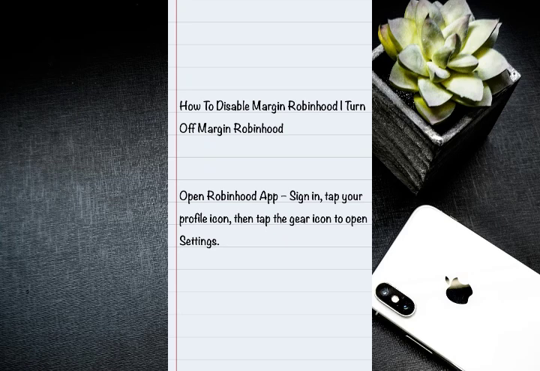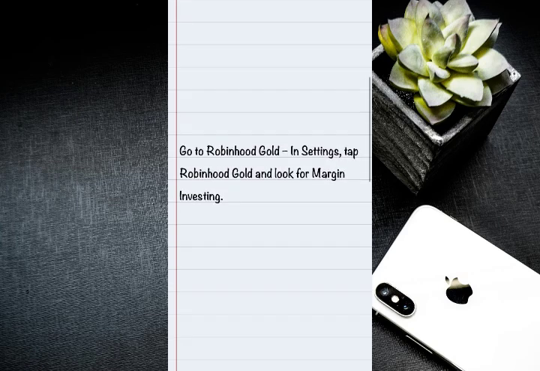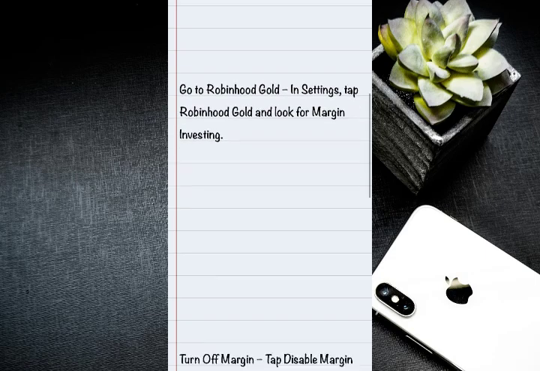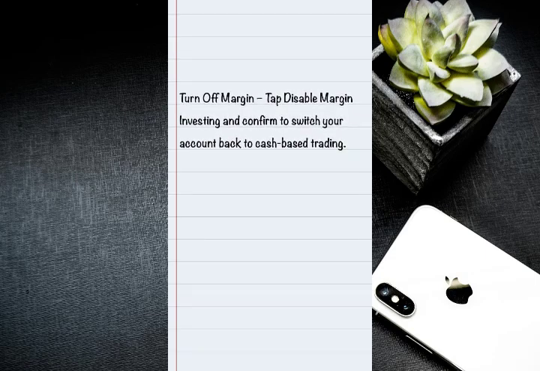Then from there, tap your profile icon, then tap the gear icon to open the settings. So once you're done, go to Robinhood Gold. So in the settings, tap Robinhood Gold and look for margin investing. Then turn off the margin. So to turn it off, you have to tap disable margin investing and confirm to switch your account back to